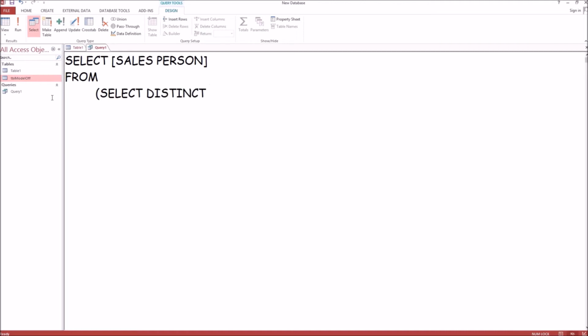Remember that distinct helps us select unique occurrence of a field, in this case invoice number. To select a salesperson from table ModelOff